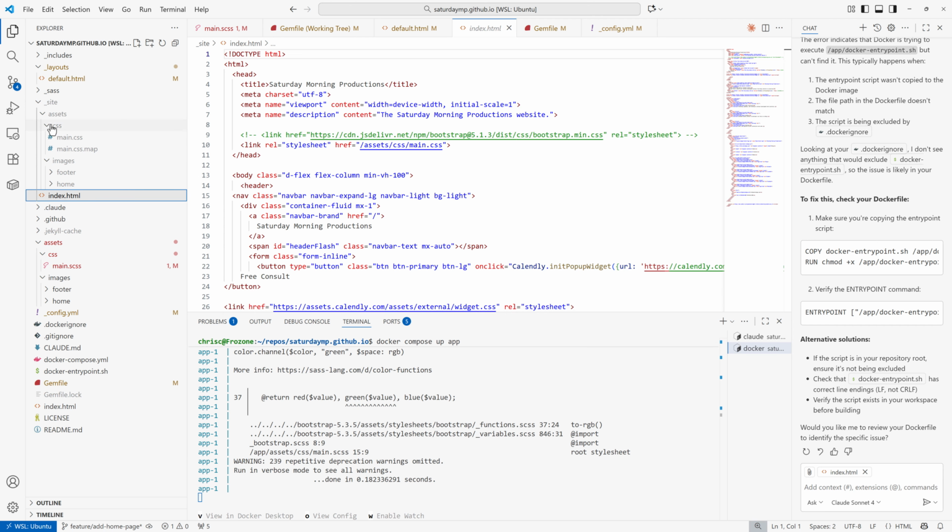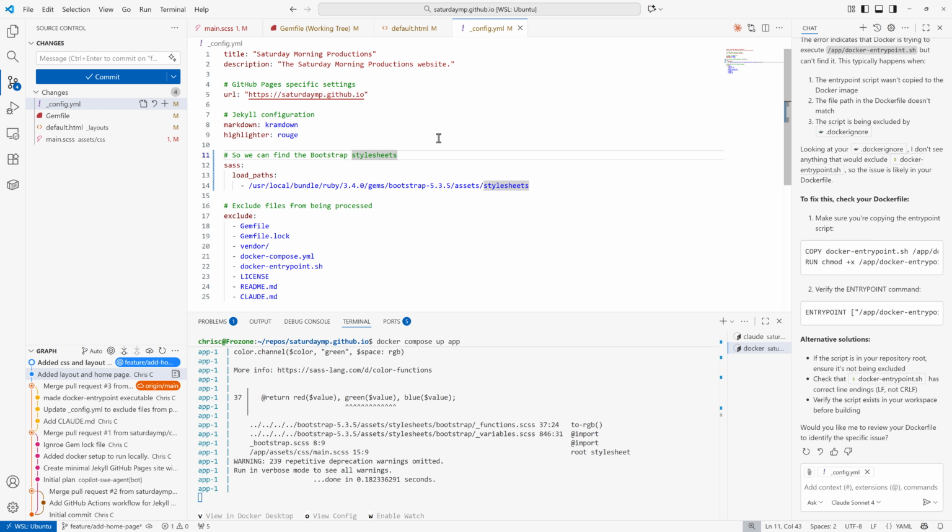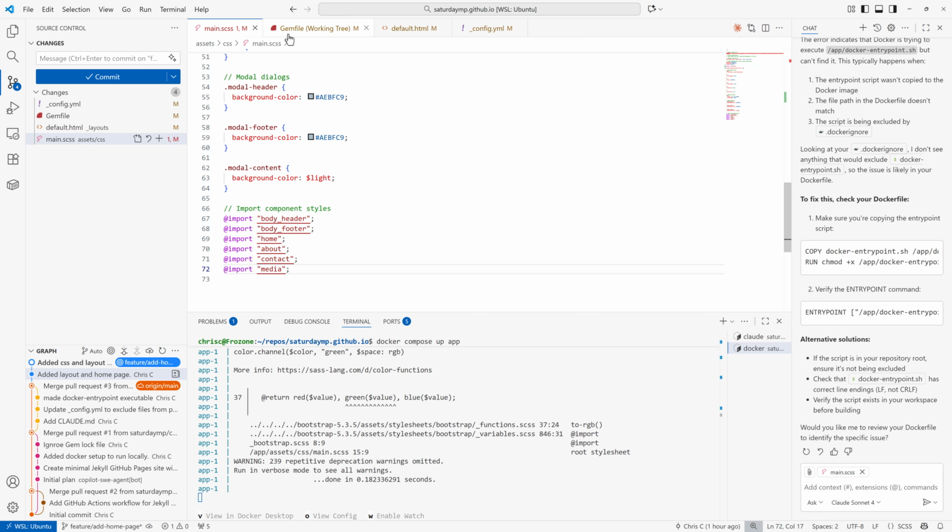Huh. Is that the way to do it? I do kind of like just using the gem. I don't have to cut and paste all those files. That's a huge pain in the butt. This kind of sucks. I guarantee you I'll forget to do this when I want to update my Bootstrap. So